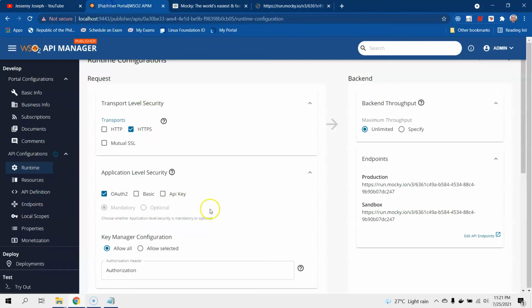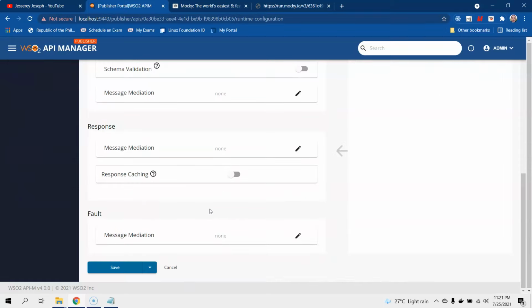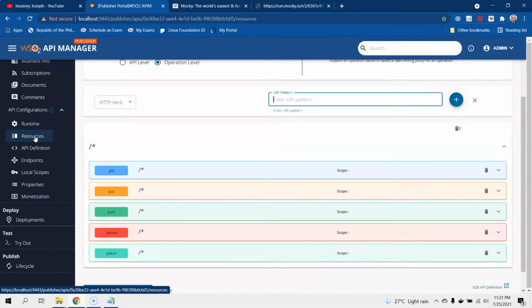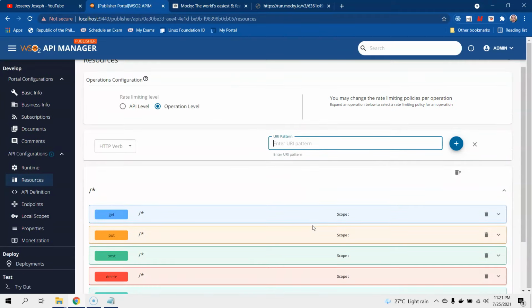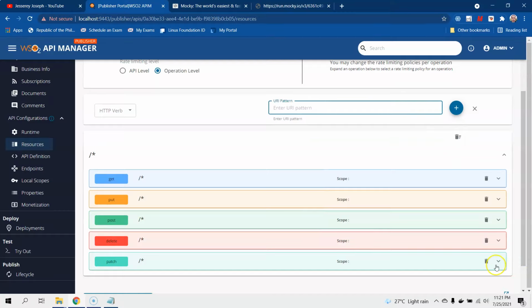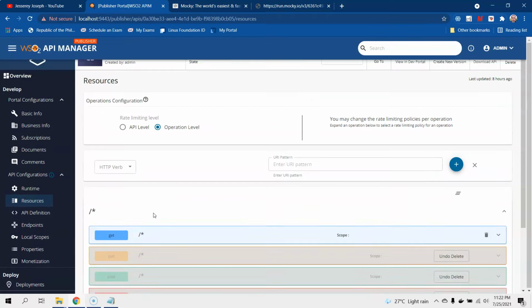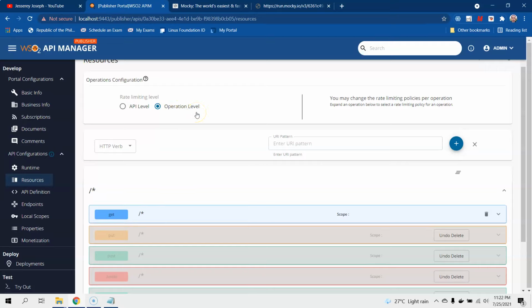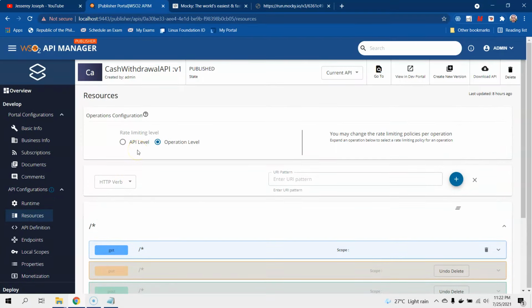Okay, next, leave the REST item as default. Resources. These are the resources for the configurations like get, put, post, delete, patch. So I don't need to use this one as well as this one. So I have to use the get method. Okay, operation level means that you're going to use specific methods such as get, put, post, delete, and patch. In terms of API level,